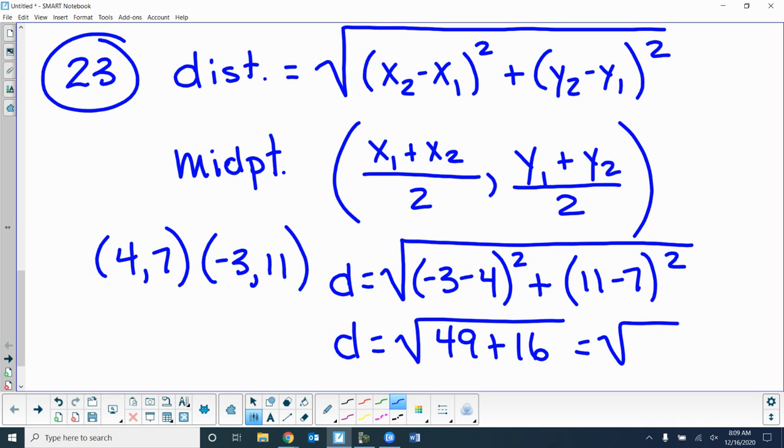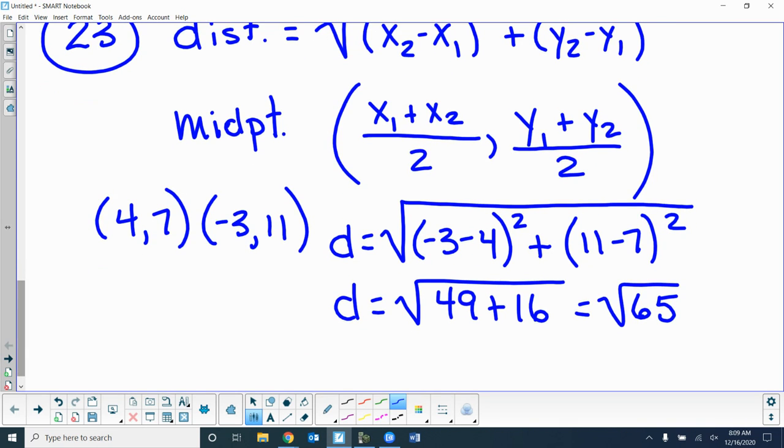Did I do that right? I think. Yeah. So you can leave it as a radical, or you can just divide it. It's 8.1 if you want to do the decimal. Either one I'll accept. And then for midpoint,